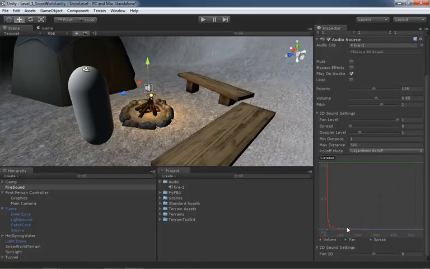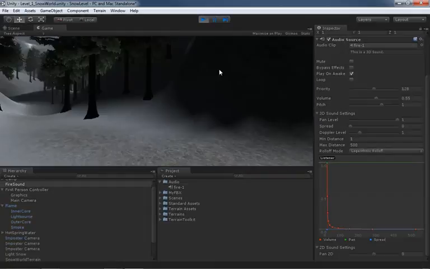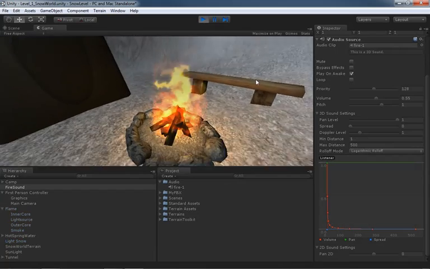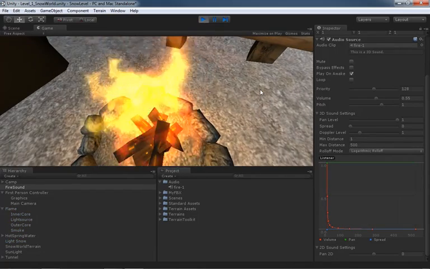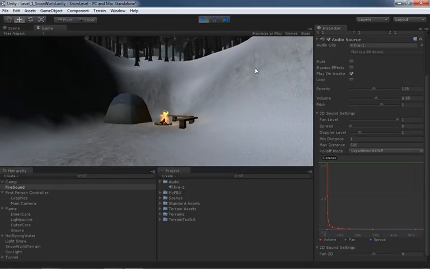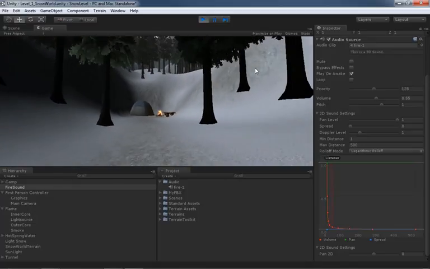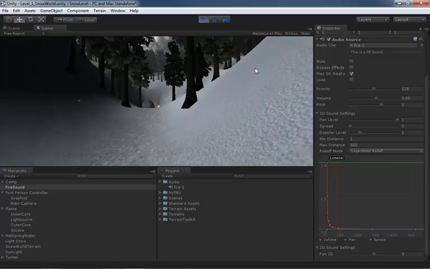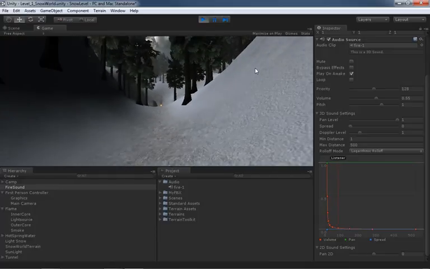Now, without getting too far into everything you're looking at, what you see here inside this window in your inspector is a graph demonstrating the fall off of the sound as you move away from it. And the cool thing is this will update in real time as you play the game. So watch over here in the inspector on the right hand side of the screen as I hit play, and when I'm right on top of the sound, we can of course hear it. And then as I get far away, not only do we lose it, but take a look at that graph over in the inspector. It's actually graphing out our distance and showing us how the audio is dropping off,